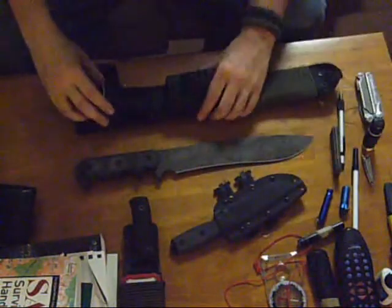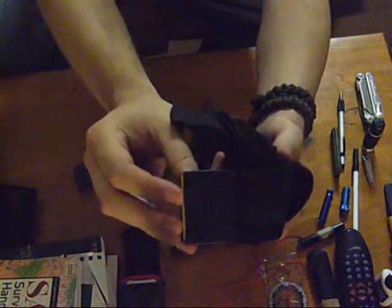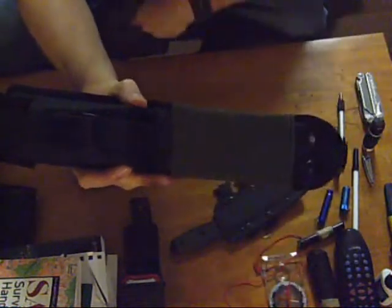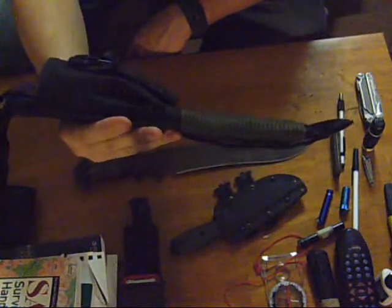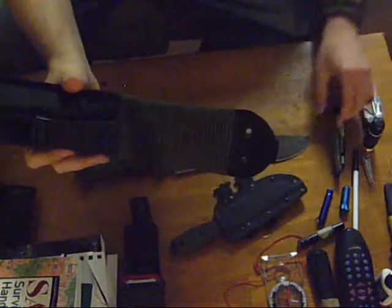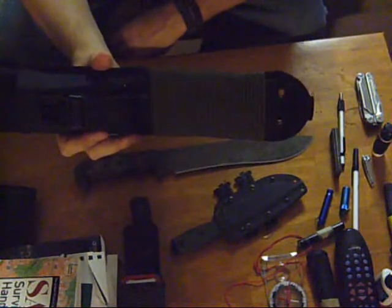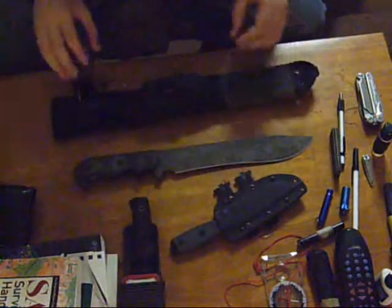Along with the sheath, I have taped up on the end right there, a mirror, and also what you can never really go without is your 550 paracord, which I believe is probably about 20 feet wrapped around on there. I can also combine it with the fishing kit if I want to, as well as going through and making traps, as well as using for a bow drill if you need to use the bow drill. So again,